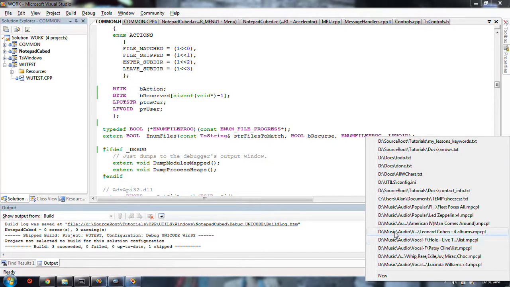What I had forgotten, or hadn't realized anyway, was that I was relying on the text in this list control in order to retrieve paths. But I haven't put the paths in there. Right? The paths are in the registry and then they get filled in here.